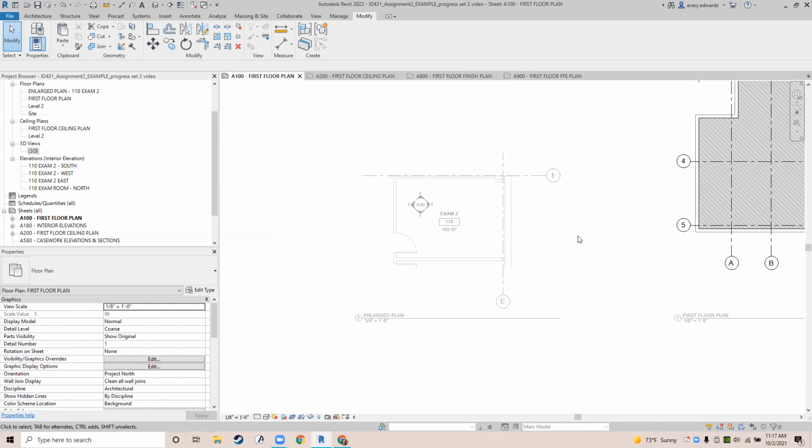I want you to place things like an exam chair, an exam stool, side chairs for family, sink with casework like a cabinet, whatever you think an exam room needs. Do spend a little time thinking about this because I think that Lindsay has intentions for you to be able to use this for your project for studio. But I'm not going to be concerned with what your models look like